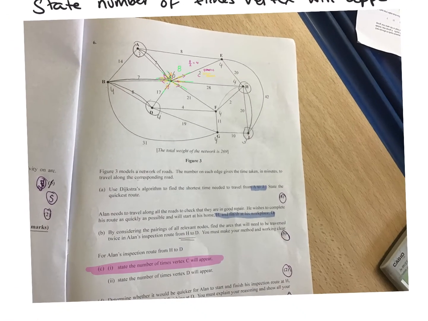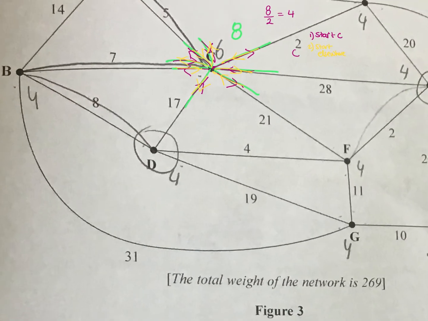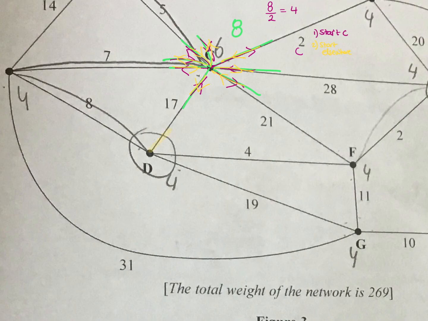Okay, the next part of the question says about D. So again, another handy little trick for D. Let's have a look at how many there is now. So for D, we've now got 1, 2, 3, 4, 5. Now this is assuming that this is done correctly, okay? Imagine it's 5. 5 divided by 2 is 2.5. We're going to round up to 3. Okay, and that is because,